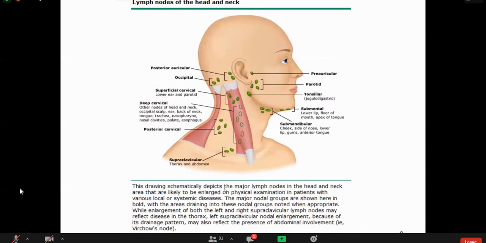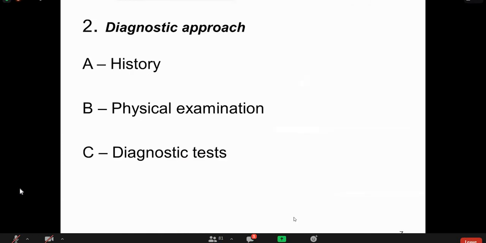This drawing schematically depicts the major lymph nodes in the head and the neck that are likely to be enlarged on physical examination in patients with various local or systemic diseases. The major nodal groups are shown here in bold, while the areas draining into these nodal groups are noted when appropriate. While enlargement of both the right and the left supraclavicular lymph nodes